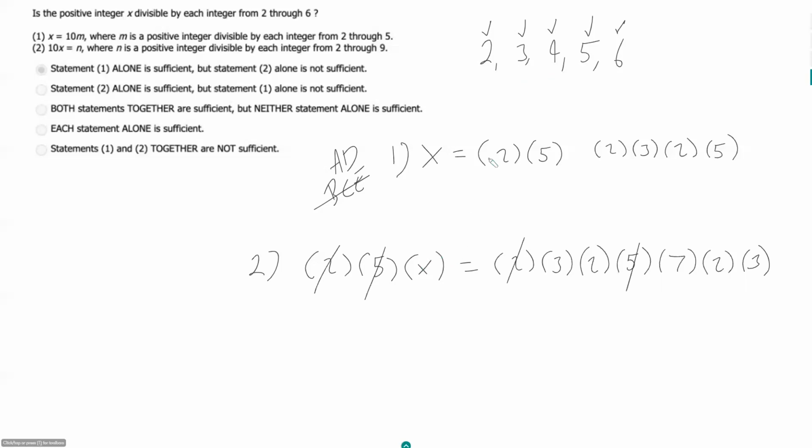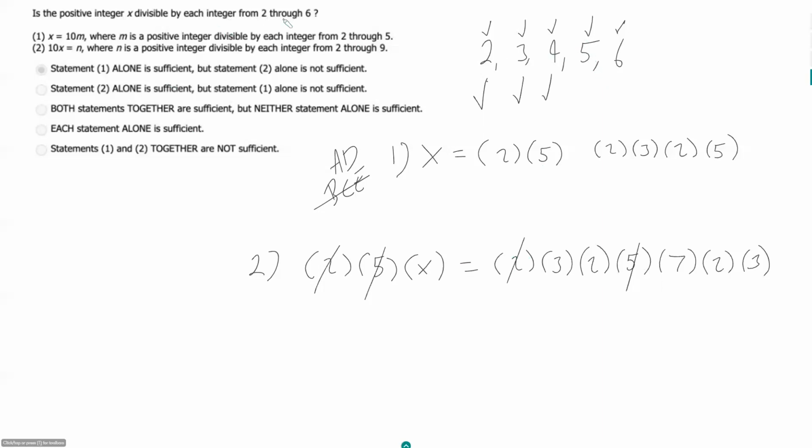So is x divisible by 2? And I'll do this one on the bottom here. So yes, we still have a 2. Does x have to be divisible by 3? Yes, we still have 2 3's. What about 4? We have 2 2's, so x will be divisible by 4. Then what about 5? Our 5 doesn't necessarily have to come from our x, because it could have come from our 10 over here. So x does not necessarily have to contain a 5,